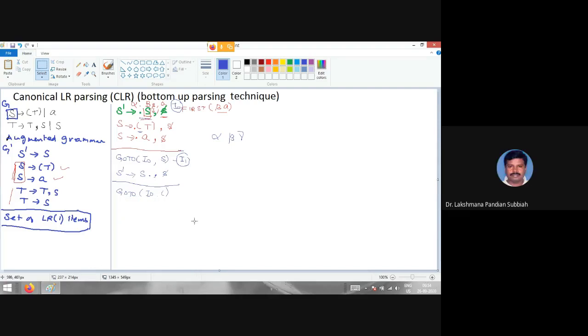Here now you are going to start with I0, comma, open bracket, right? So you are getting from this one. So because of that, after that we are having this one, after comma. Here what you have to write is, you have to take it as it is and move the dot after the open bracket. These are the steps. There is open bracket, dot, T, close bracket, comma, the dollar, right? So you have to move that one.